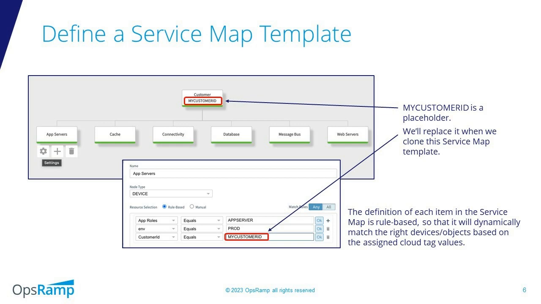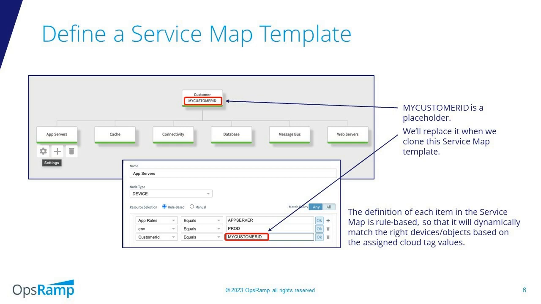And then we can make clones of that service map template, just doing replacement of, in this case, just the customer ID, right? So in this case, I've defined a service in a service map, and I've also used it in the name of the service map in the very top. And in the template, I've just called it my customer ID. But then when I clone it, I can replace that string, my customer ID, everywhere that I see it in the definition of that service map. So it'll change here at the top level, which is also the overall name of the service map, but it'll also change it wherever it sees it in things like these filter definitions,